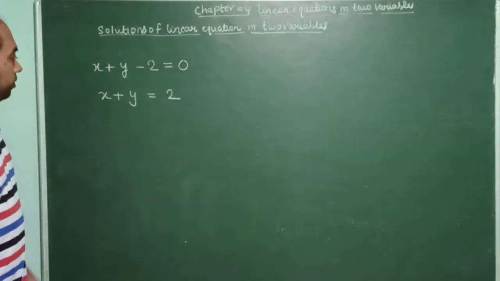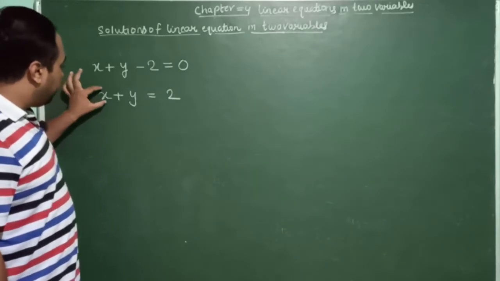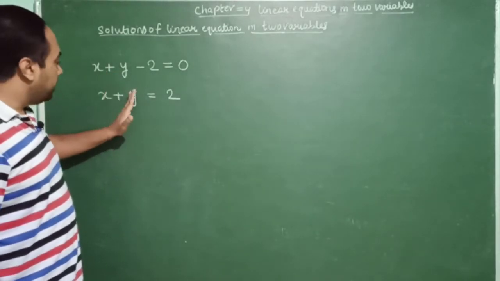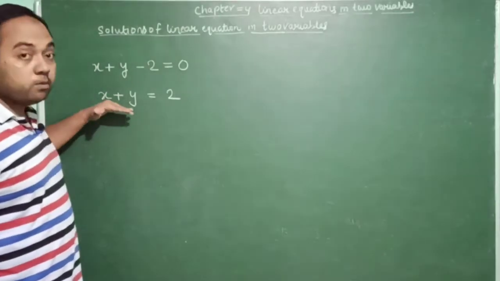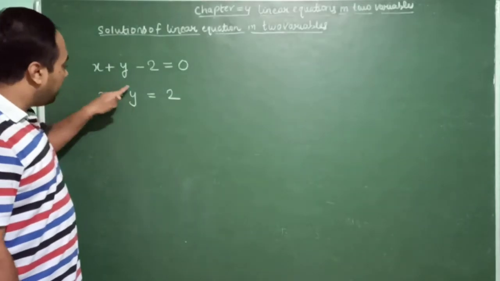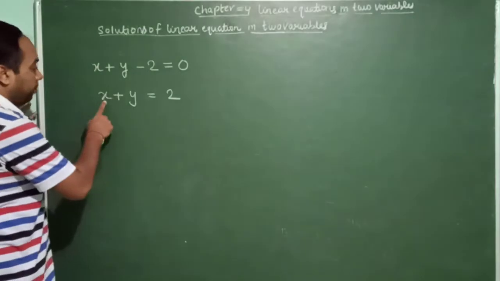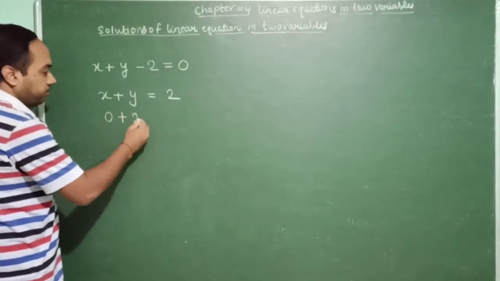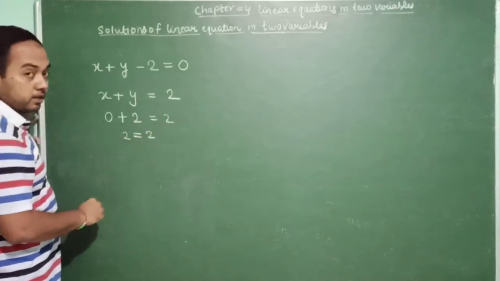Okay. Now there is a question for you that by what real value this x and y must be replaced so that this left hand side on solving becomes equal to 2. हम x और y को किस रियल वैल्यू से रिप्लेस करें कि उसे सॉल्व करने के बाद हमारा लेफ्ट हैंड साइड भी 2 के इक्वल आ जाए. तो देखो, suppose if I replace x by 0 and y by 2, then what you can see that LHS and RHS both are equal.